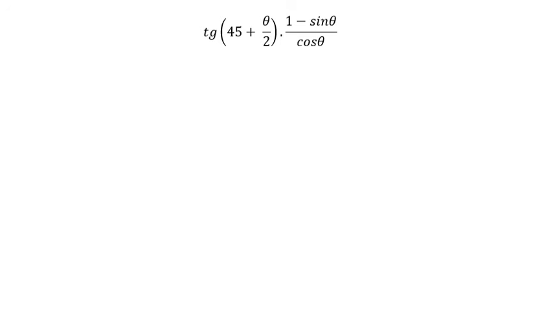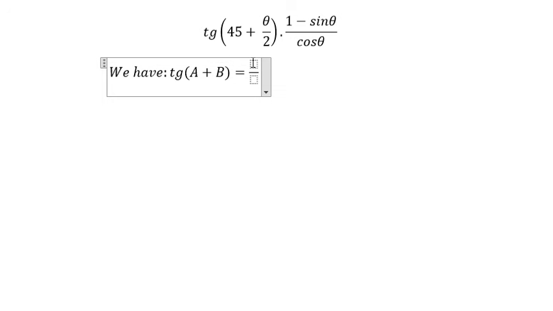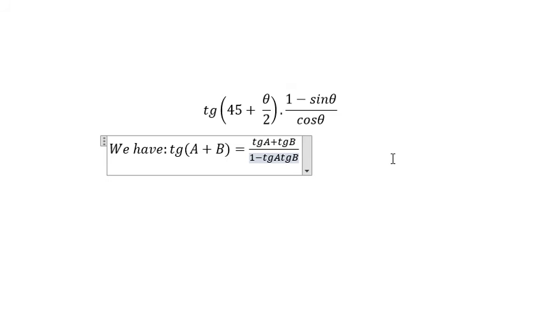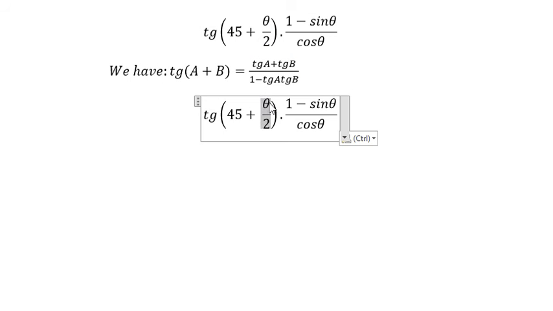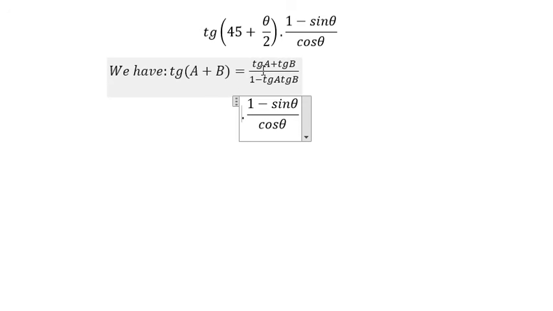We have the formula that tan(A plus B) equals tan A plus tan B over 1 minus tan A multiplied with tan B. So we will apply this formula in this situation. We change this one into this one. So we will get